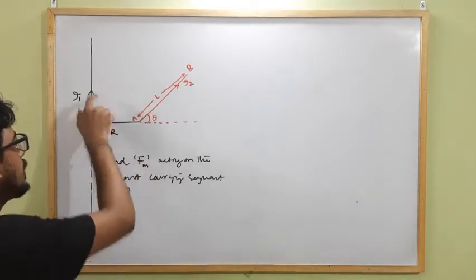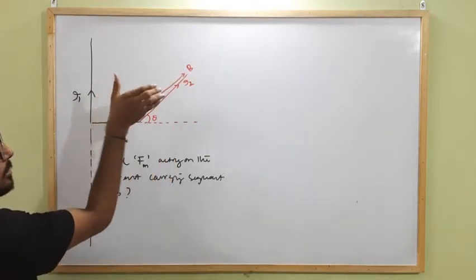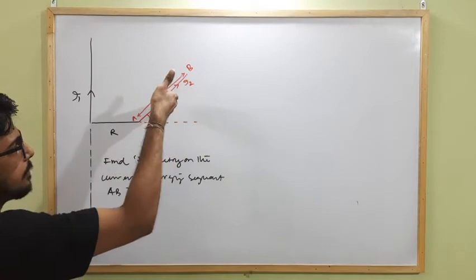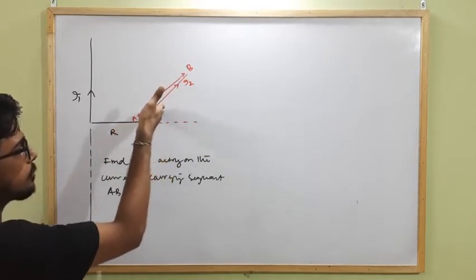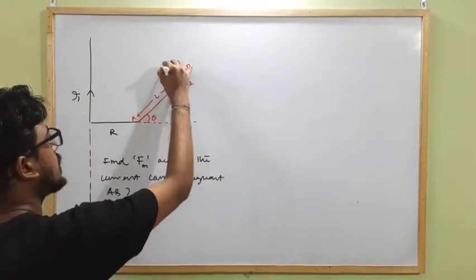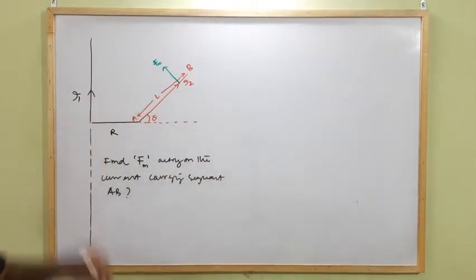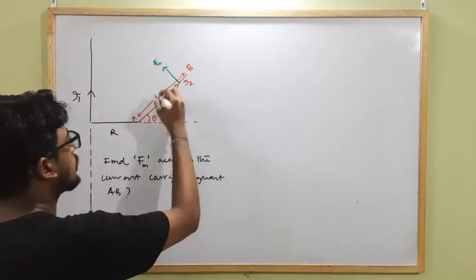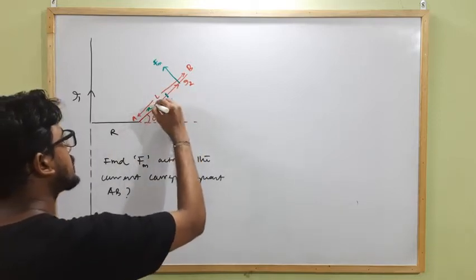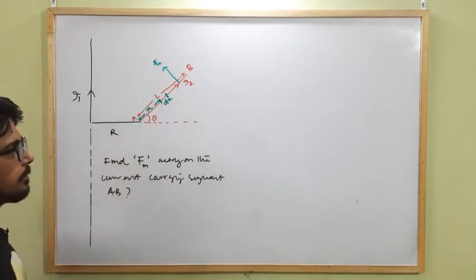The magnetic field for this infinitely long straight current carrying conductor at any point over here is into the plane by the right hand thumb rule, and the current is along this direction for this segment. So the dl vector will be along this and the field is into the plane. So at each and every point the magnetic force acting on it will be along this direction, Fm, but their magnitude will be different. So now to calculate the magnitude of the force, let's consider a small segment of length dx at a distance x from this point.